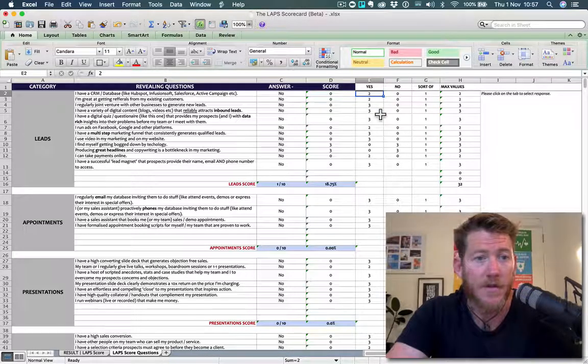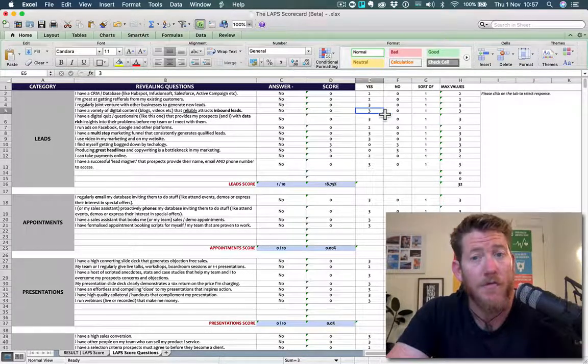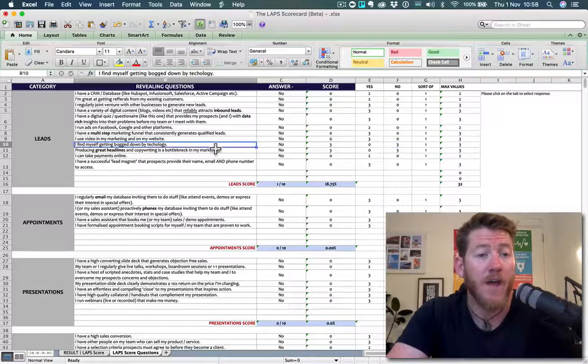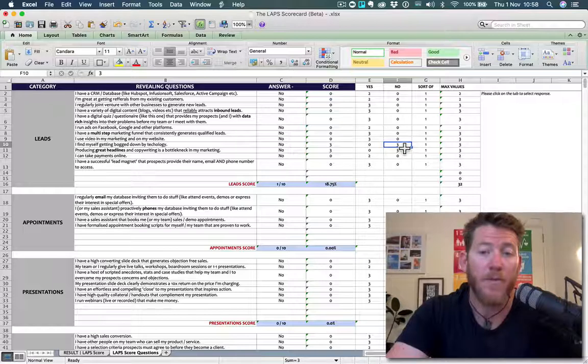As opposed to, you can see, I've said here that having a variety of digital content like blogs and videos that reliably attracts inbound leads, that's a bigger deal. So I've weighted that more than I have weighted having a CRM and database. So for no, a lot of these zeros, look at this. This no gives a 3. That's because it's a reverse question. I find myself getting bogged down in technology. The answer no to that question is actually a positive response, which is why a no response will provide a